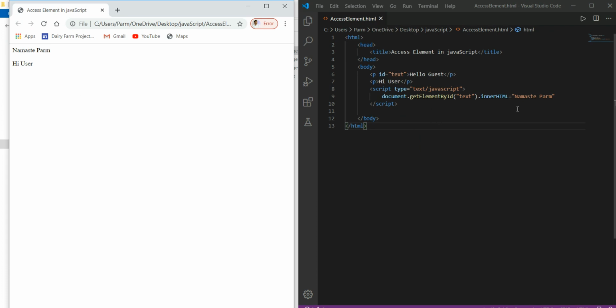But the only paragraph that will be affected is the one having the ID text, and whose text will be set this way. So this way we can access the element and make changes to the element in the web pages.